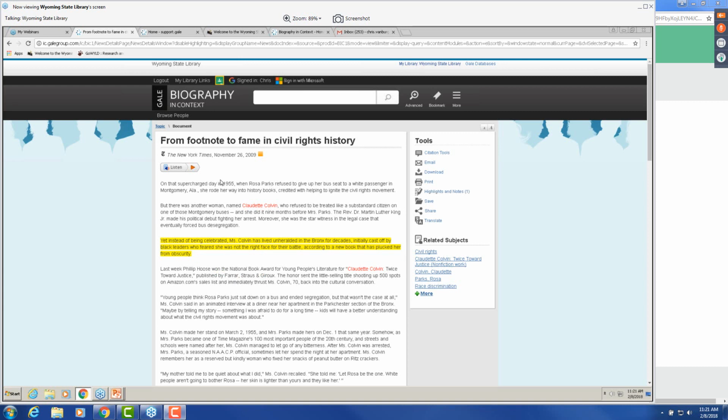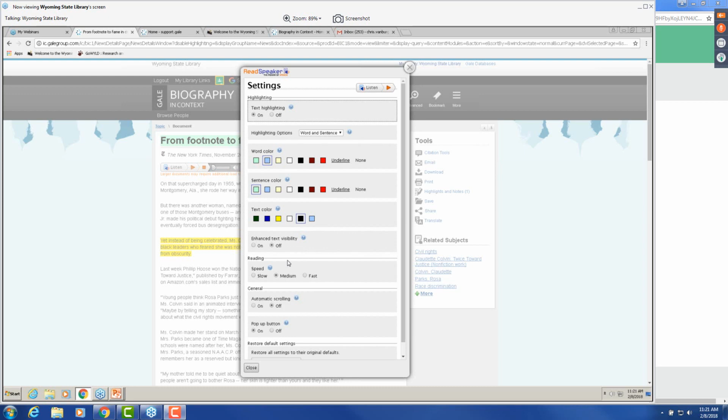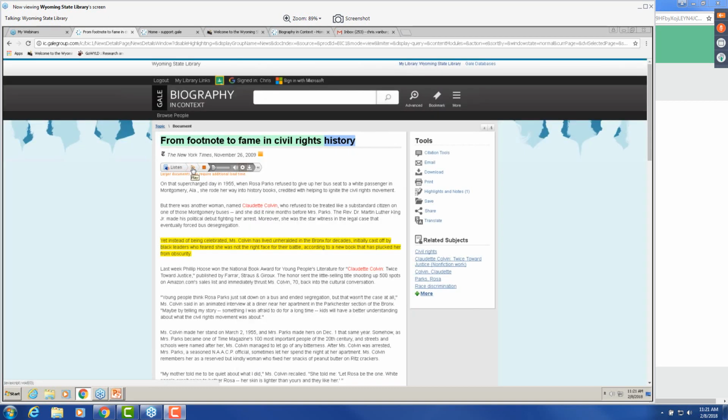The other thing that we can do that's really great in these in context databases, up here under listen, in addition to being able to listen to this document, if I go over here and click on the gear, you'll see that under enhanced text visibility, if I turn that on and now close this and hit my play button,